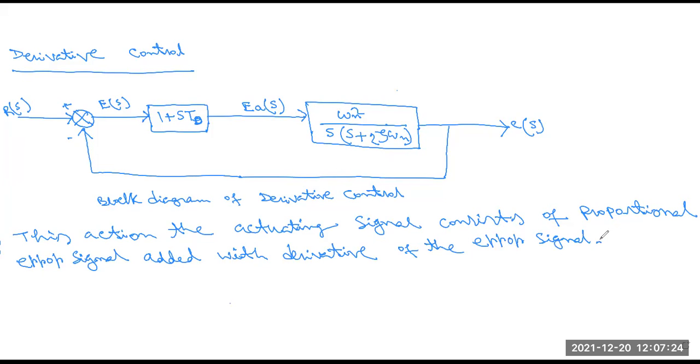The error signal is calculated from the input to the controller part, and is expressed as E(s). So this error signal is added with the derivative of the error signal. Therefore the actuating signal for the derivative control action is given by: